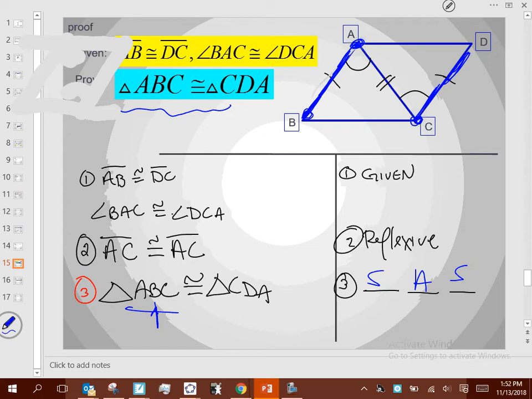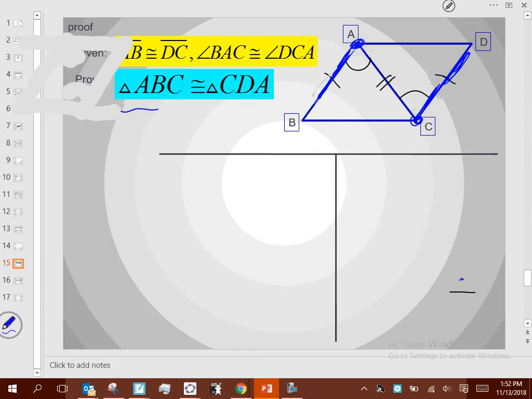Is that all right? Okay, so that's kind of the general process for any one of these proofs that we're going to do with triangles. Okay, now they're going to hide stuff. They're not going to give us the stuff that I have up there in yellow. They're not going to give it to us that easy. Okay, we're going to do a little bit of work for that. One thing I want you guys to pay attention to,